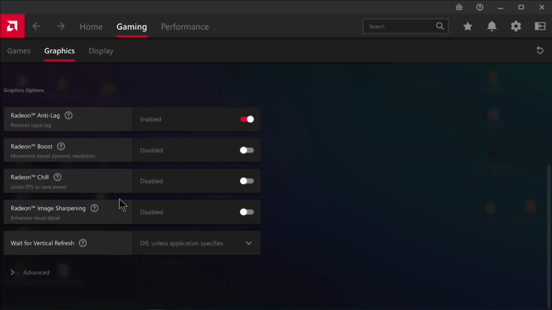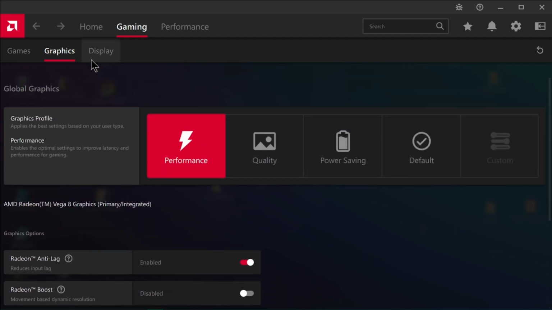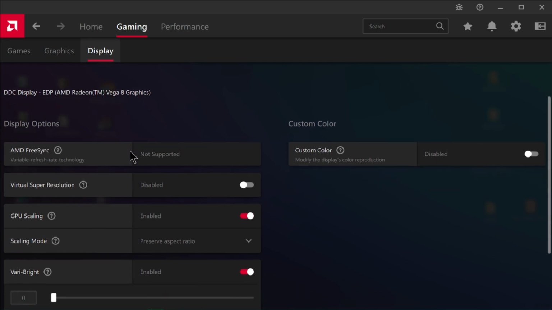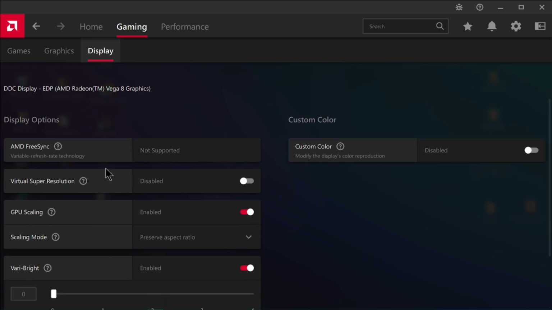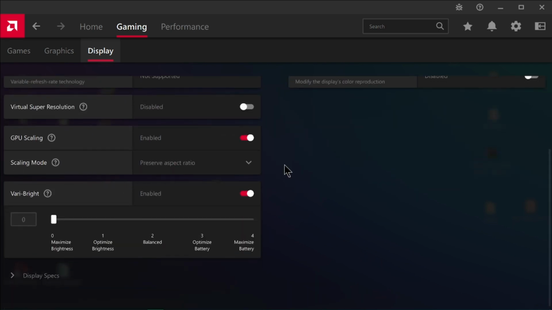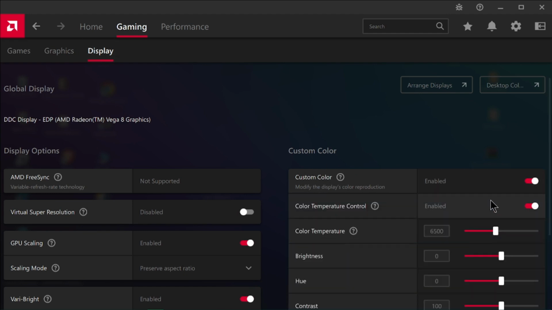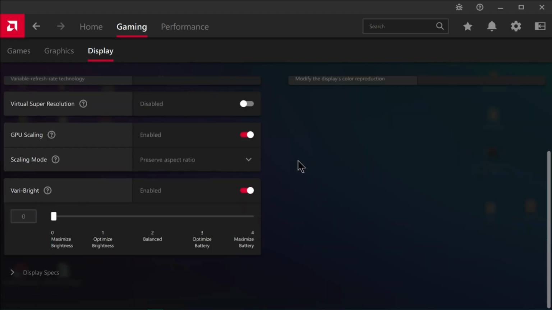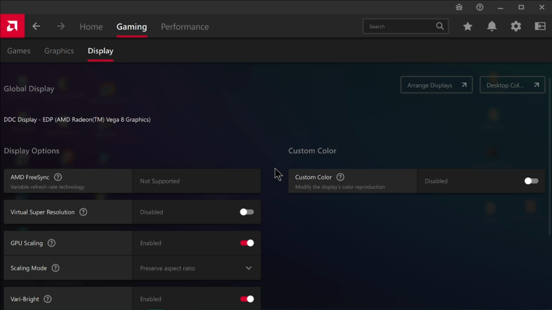Here, you can edit different settings that will directly or indirectly affect your gaming capabilities and the way your PC handles games, graphics, and different dynamic resolutions, and limiting FPS or enhancing visual details. So right here in these settings, the display settings, you can activate the AMD FreeSync, the GPU scaling modes, and custom colors if you would like. And this way, you'll be sure to optimize your gaming